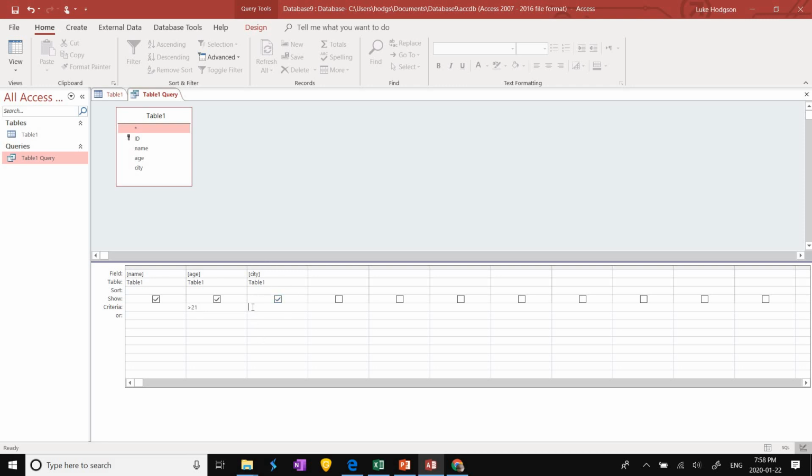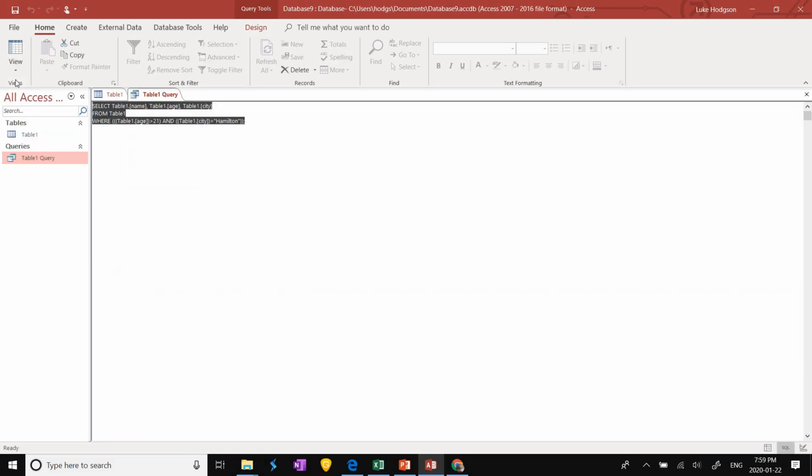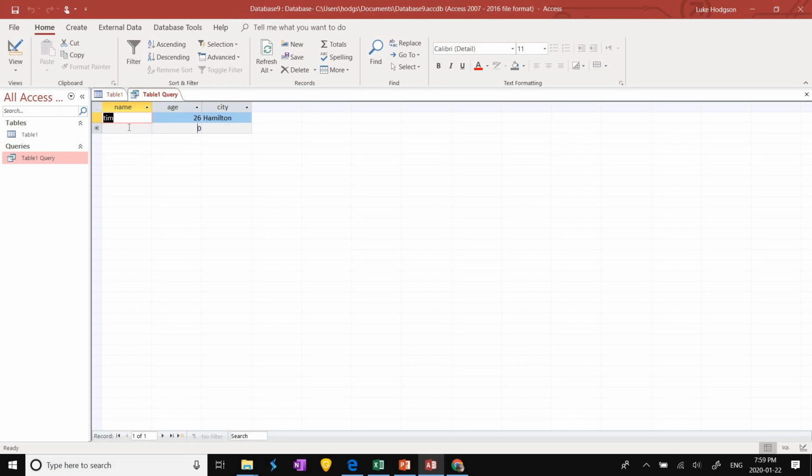And we should do that you have to be in Hamilton. Now we have two criteria, and this is now we have a query. When you're finished, you can go back into Datasheet view, and we can see here that this is the only result we got,